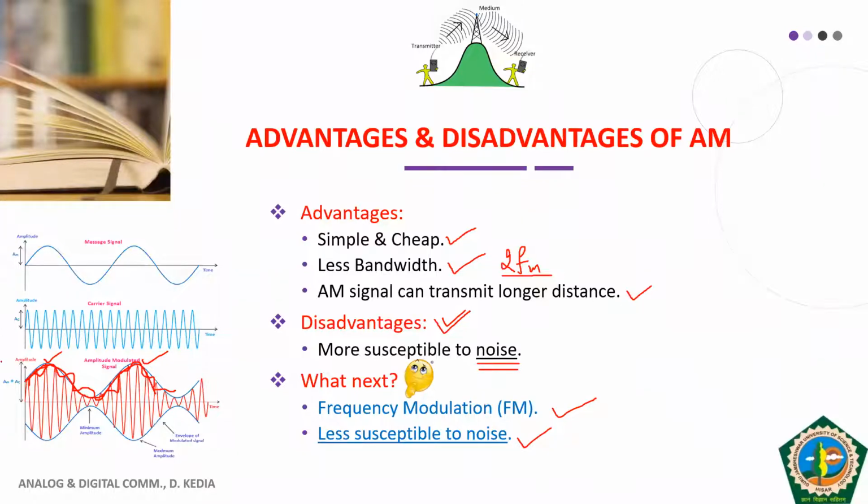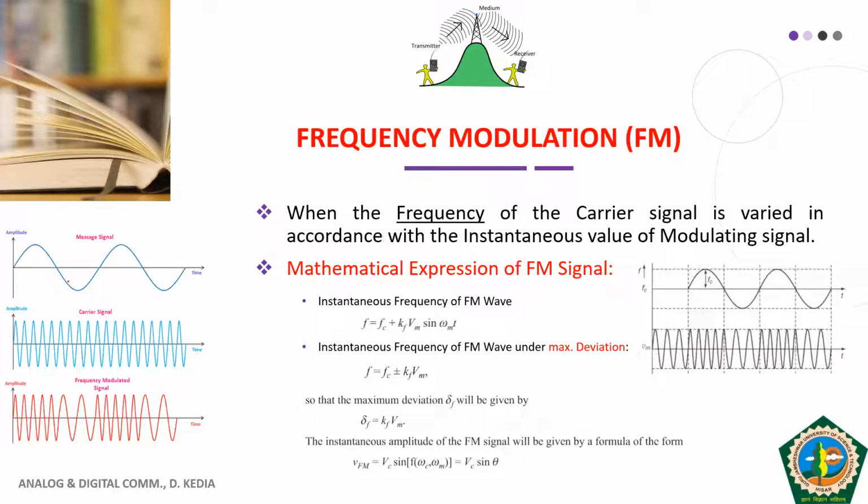So because of that, we say that noise is more prominent in case of an AM signal. Whereas in case of FM, our information is not present in the amplitude. Our information is present in the frequency. So even if some noise comes in the amplitude, it does not affect our modulating signal, because in the amplitude part we do not have our information. That way frequency modulation provides a better quality signal as compared to amplitude modulation. Fine. So next is our new modulation technique, frequency modulation.